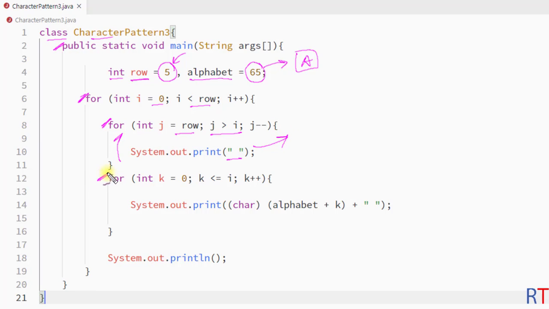And the other nested for loop will run from 0 to less than or equal to the value of i, and in every iteration of this inner for loop it will add the alphabet variable with the control variable k, and it will convert that addition to one character using character casting, and then it will print that character onto the console. And after the termination of both of these for loops we have one println method for the line break,